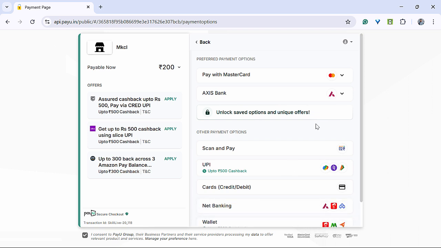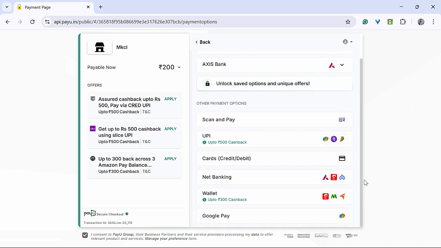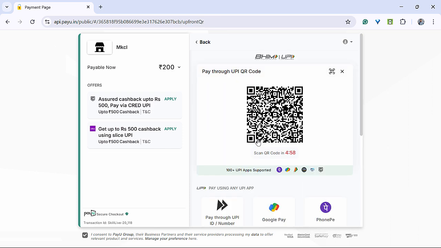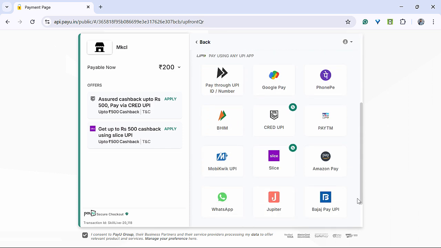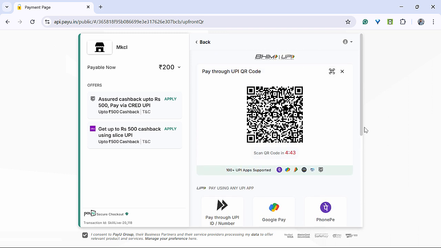You can pay for the courses selected by using any of the payment methods. Our platform supports payment through cards and UPI as well. For quick payment, you can select the UPI mode. Now scan the QR code on the screen or enter UPI ID and make payment using the selected UPI app from your smartphone. Once the transaction is successful, you will receive a confirmation message.